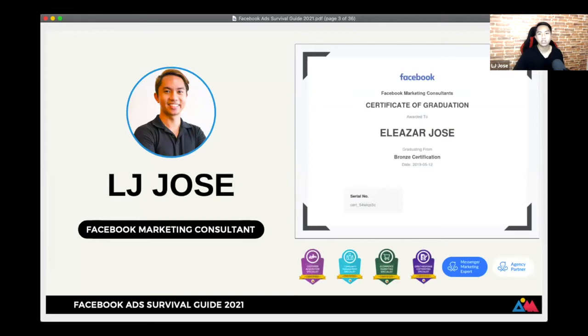And you can research kung ano yung mga companies na sinabi ko later if you're not familiar with them or if you're still a beginner. Okay? Pa-raise hand naman kung sino yung mga beginners dito. You can raise your hand to chat or you can raise your hand to Zoom or you can also mention in the group chat natin na you're a beginner or starting ka palang learning Facebook ads or if you're a newbie, or kung experience ka na, sige, sabihin mo rin doon.